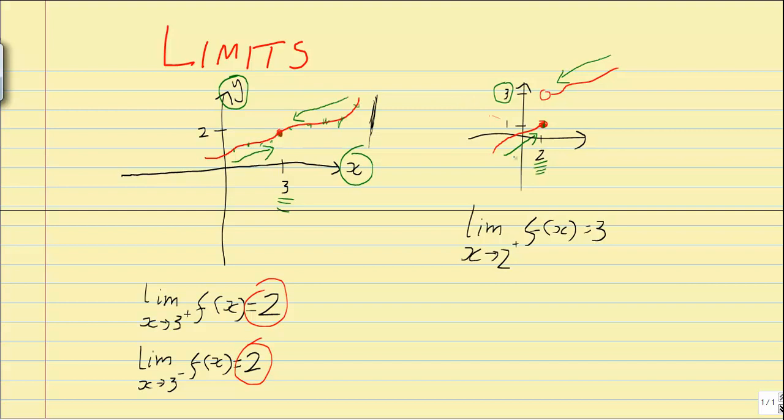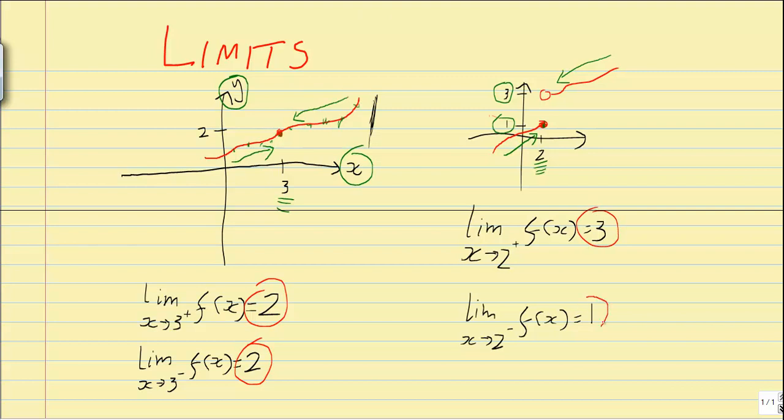we're going to get to a different value. As x gets closer to 2, y is going to equal the number 1. So I'm going to write down for that the limit as x approaches 2 from the negative direction of f of x equals 1. Now, because those two values don't equal each other,